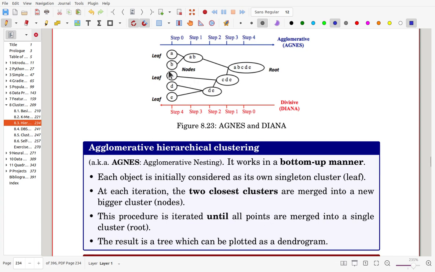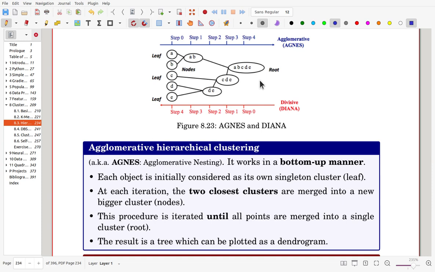So here, now A and B are nearest to each other, then merged to be a cluster AB. And here now D is also later merged to become a cluster. And again, C is merged to that cluster. And then and so on. Later on, every object becomes one cluster. So it starts from the bottom and now reaches the top. Okay, that is AGNES,